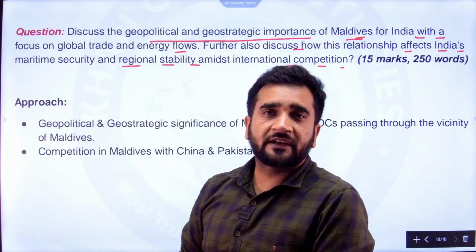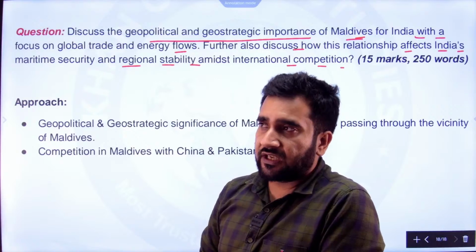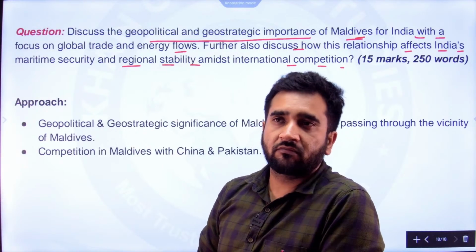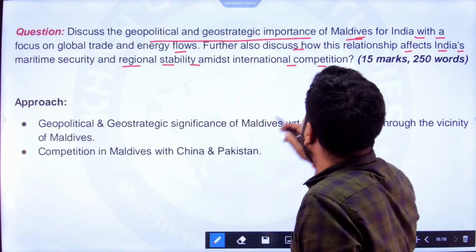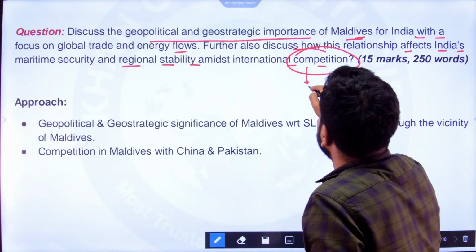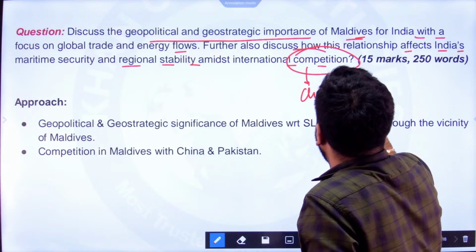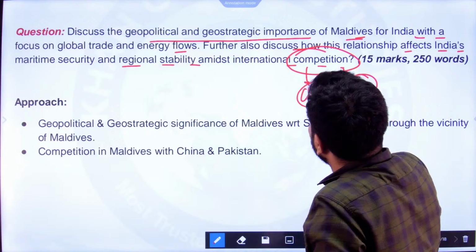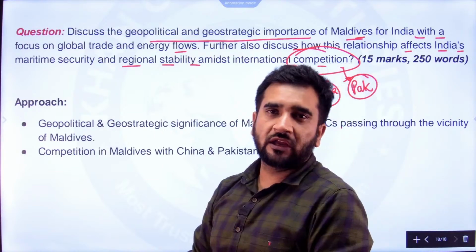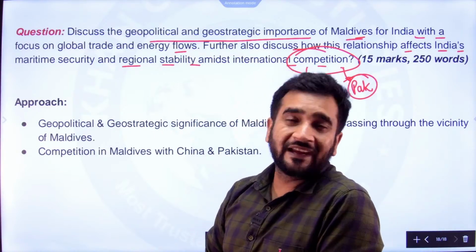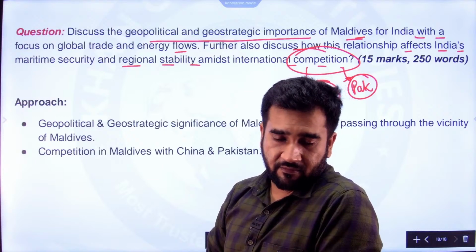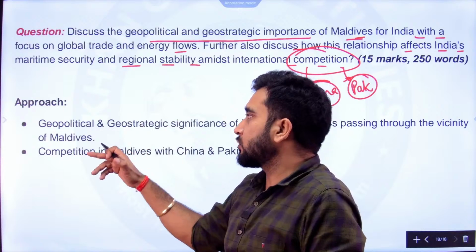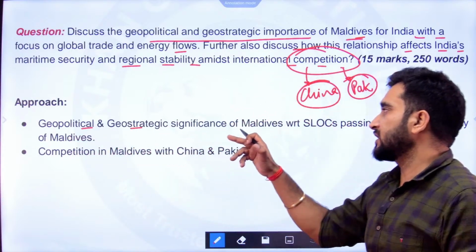तो इंडिया की मैरिटाइम सेफ्टी और सिक्योरिटी कैसे अफेक्ट करेगी हमारे रिलेशंस मॉलडीव्स के साथ, और कंपटीशन वहां पर, बेसिकली कंपटीशन हमारा वहां पर चाइना के साथ है। पाकिस्तान भी है, पाकिस्तान के साथ ऑब्वियसली इकोनॉमिक कंपटीशन तो नहीं है, बट पाकिस्तान रेडिकलाइज कर रहा है, तो ये प्रॉब्लम हो रही है वहां पे।